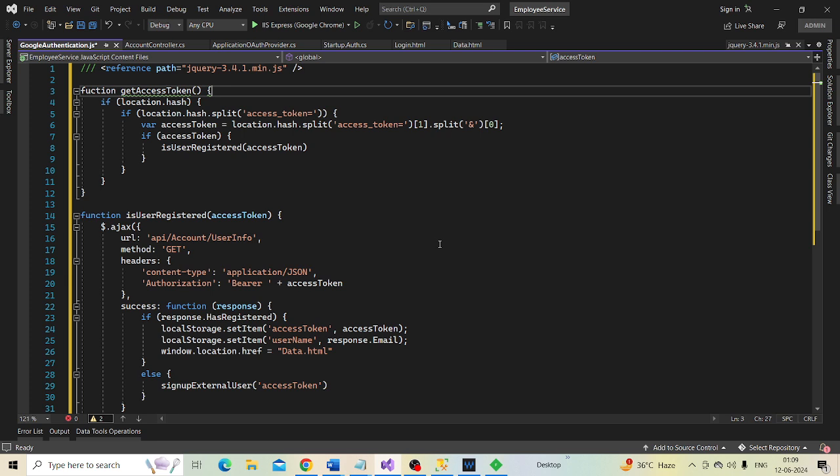To register the external user, the URL is /api/account/register external.